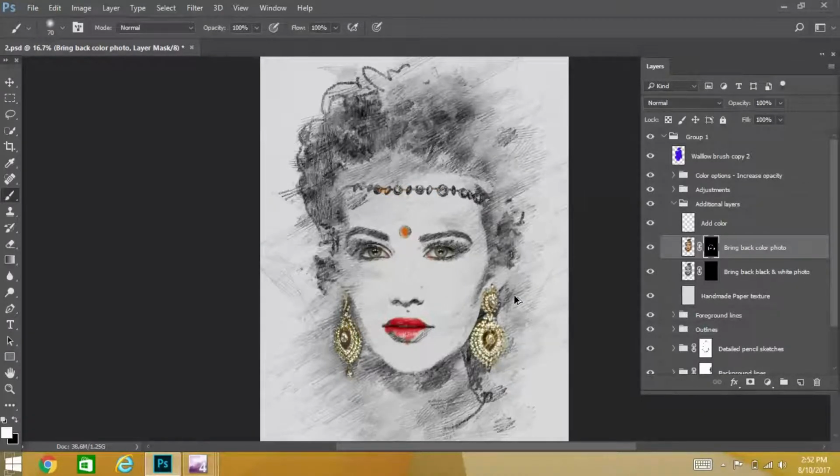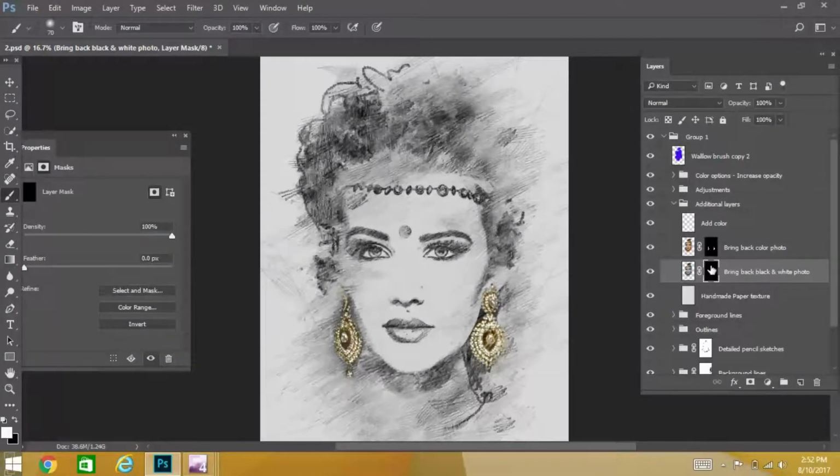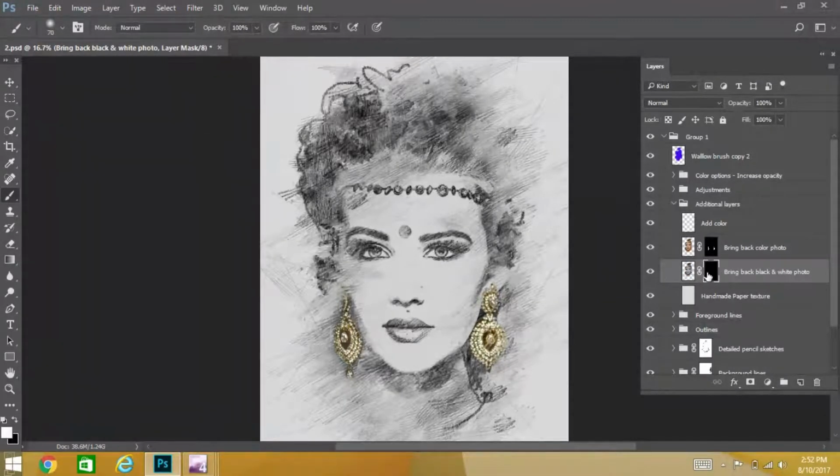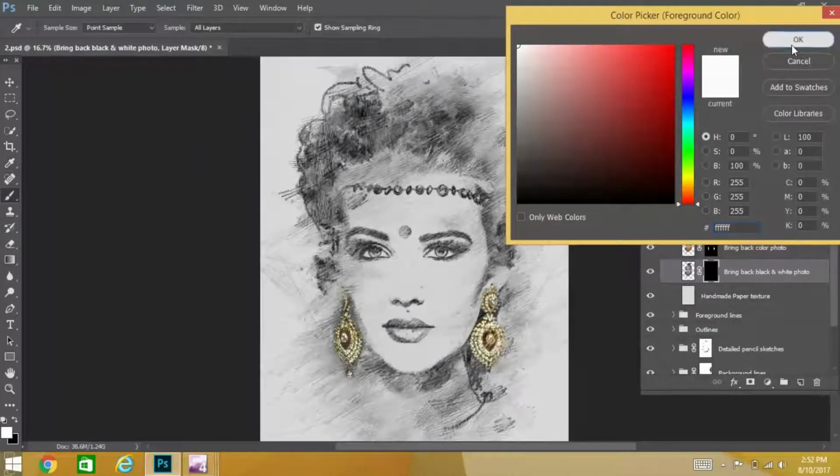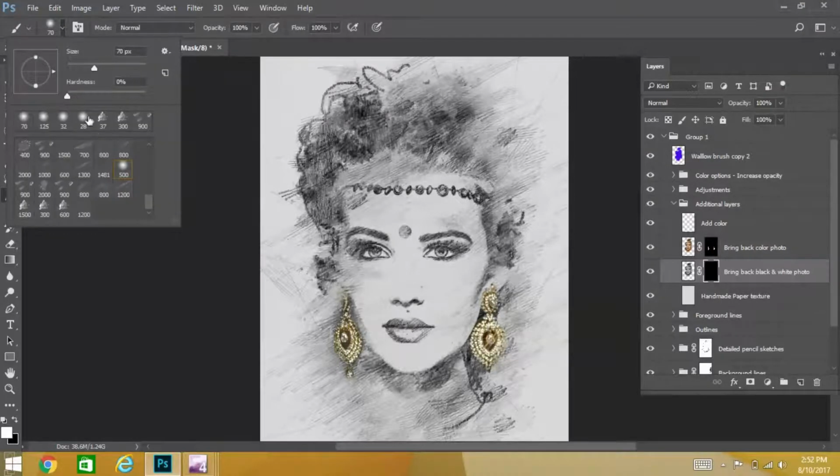Okay, I'm doing this. Currently I only want to be masked inside that jewelry element. So for me it's neat here. So this fine here, and I want to bring back the black and white photo. So I select this black and white area, mask area of this black and white photo, and similarly selecting the white color brush, and currently here I want to